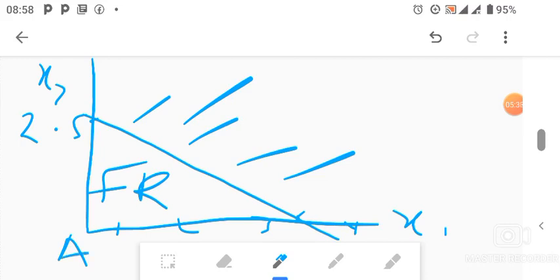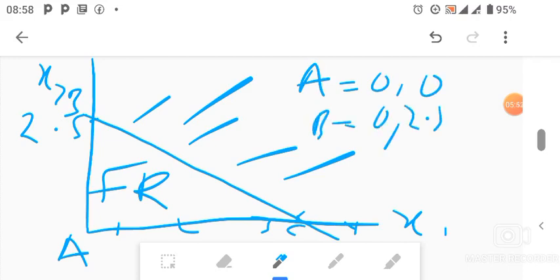So you might have point A, point B where there's a 2.5, and then point C where there's also that recurring number. So you put your coordinates: A is equal to what? 0, 0. B is equal to 0, 2.5. What about C? C is equal to 3.33. We'll just round it off to 2 decimal places because it's recurring, and 0.